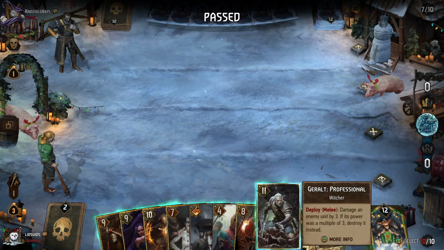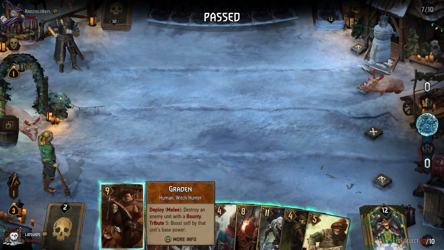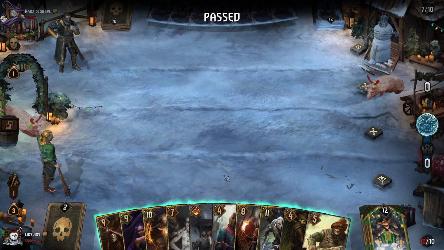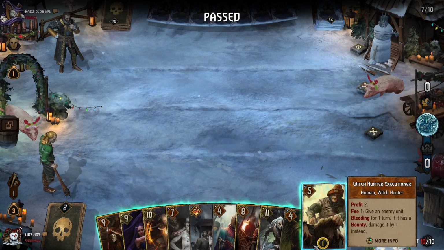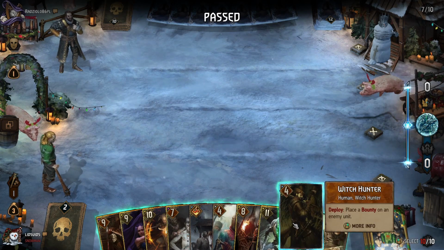We can still use the Geralts, potentially, to destroy some of the bounty cards, yes, and also Graden, but that's just one big tall removal there, whereas you give us more flexibility to potentially destroy multiple cards in one turn, which the Geralts and Graden can't really do, so it's definitely not you. It's probably going to be Witch Hunter,